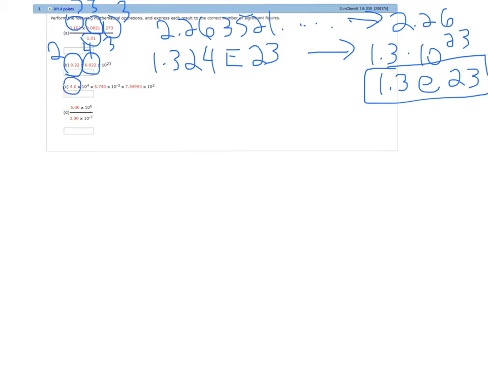4.0 times 10 to the 4th, 2 sig figs. 5.740, that's 4 sig figs because the 0 that's at the end of the number is not a placeholder. It has no mathematical significance. It's showing us instead the precision of the instrument that was used to make the measurement. And then lastly,